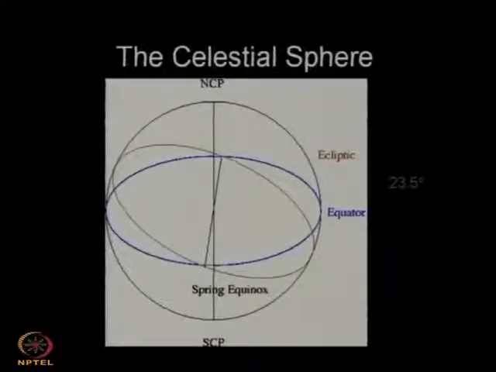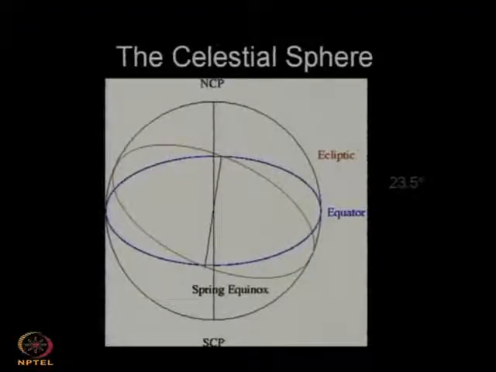Okay. The peak of summer is the furthest position from the equator. It is called the summer solstice. Okay. So, that is the summer solstice. And then